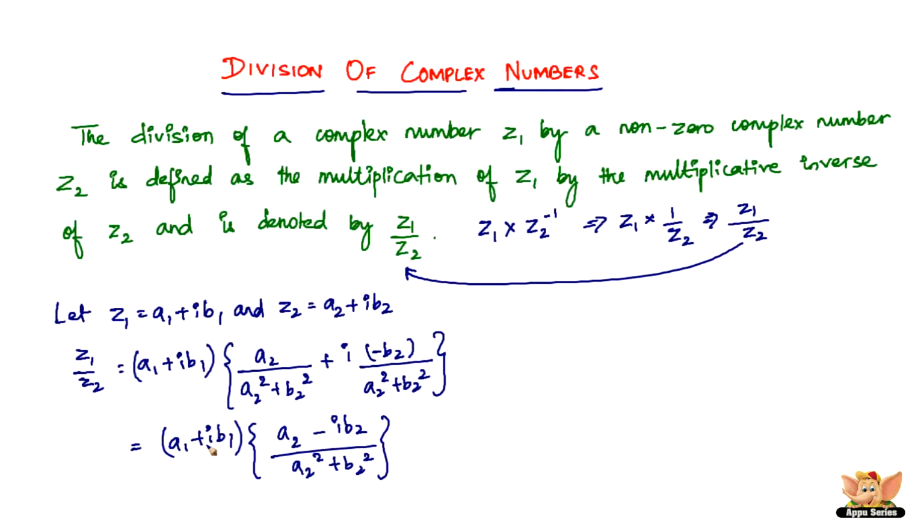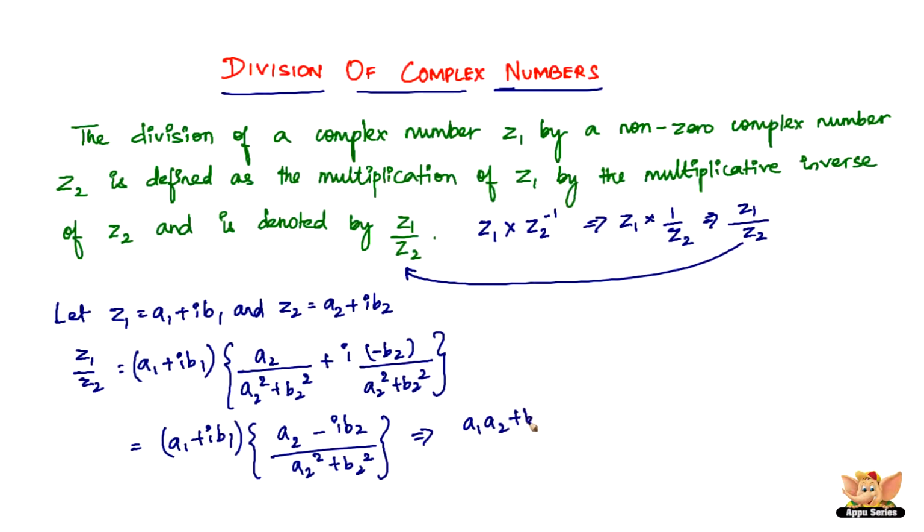If you haven't come across the multiplication of two complex numbers, you have to go to that video, where we've done multiplication of complex numbers, which has a certain formula for how you multiply two complex numbers. So now multiplying by the definition of multiplication, we have